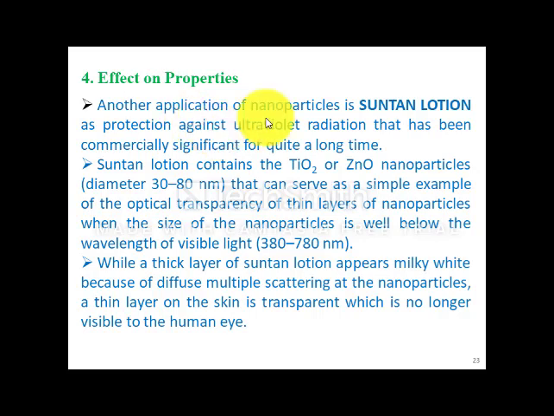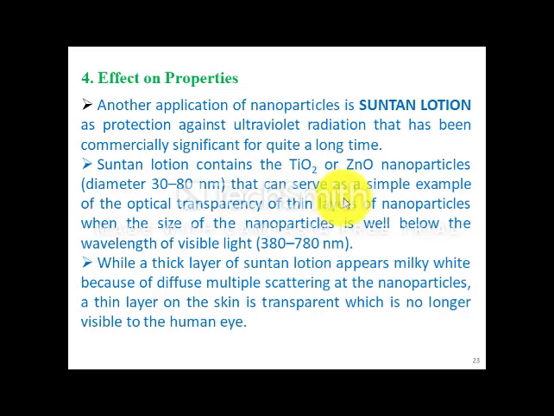Visible light does not affect our body, but ultraviolet radiation can come towards the earth because of the depletion of ozone. The sunscreen lotion contains titanium oxide and zinc oxide nanoparticles whose diameter is 30 to 80 nanometer, and